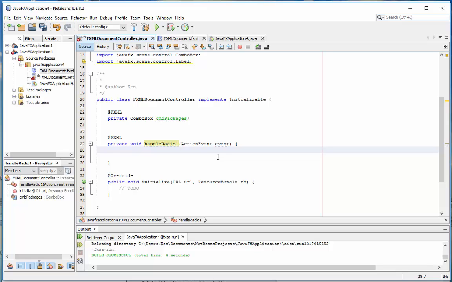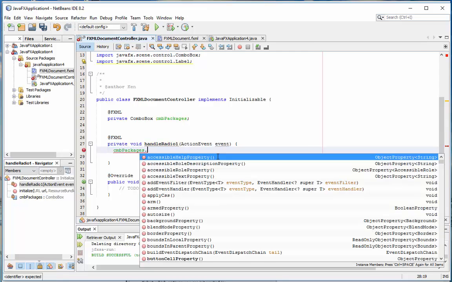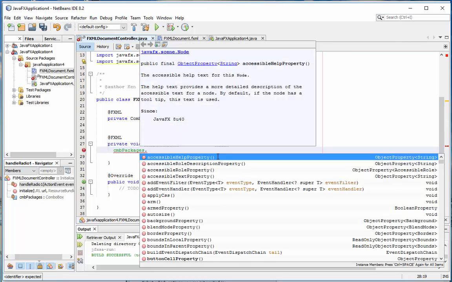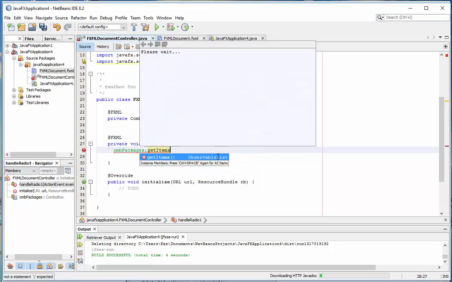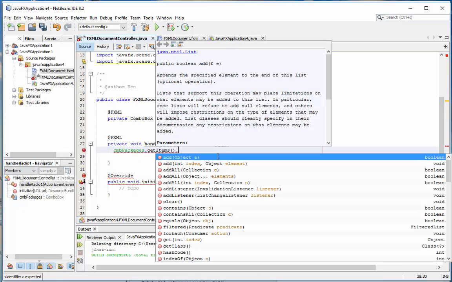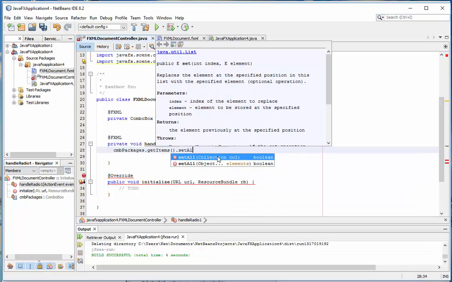So the way I do that, CMB packages dot, and then what I need to do is I need to get the items or the item list for that combo box. I do get items dot, and now I want to set new items. So I'm going to do set all,